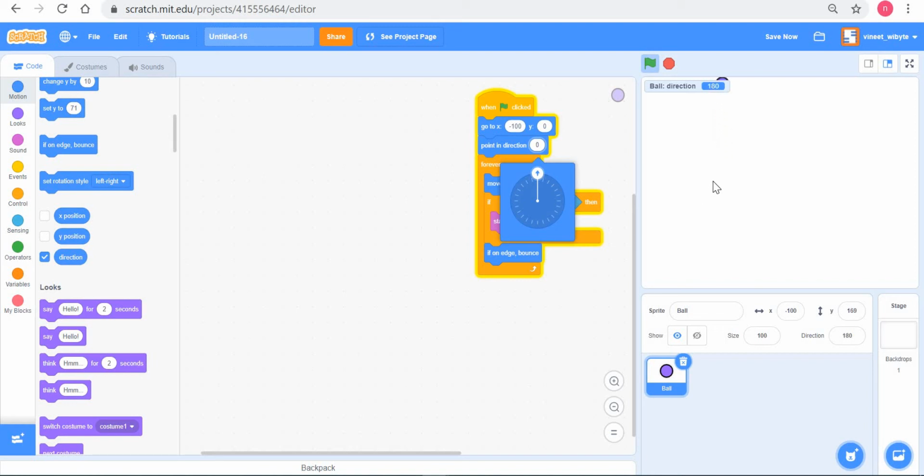It pops, bounces and it becomes 180 because it's 180 minus the original direction, right? In fact, the same holds when it goes and hits this bottom surface. It's 180 now. It will go and become 180 minus 180, which is 0, right? So basically, the ball post bouncing goes in a direction of 180 minus the original direction, right?